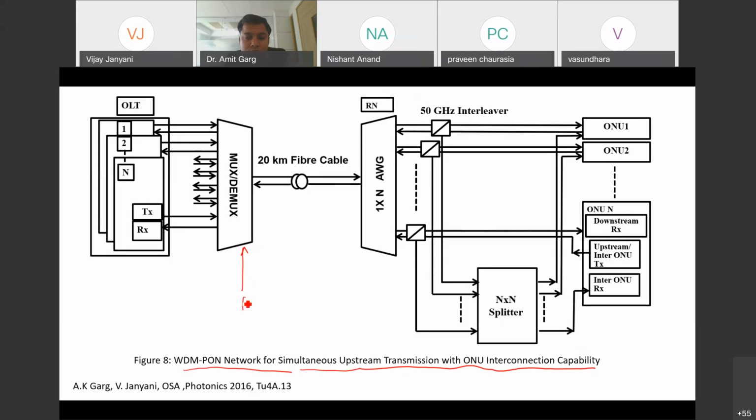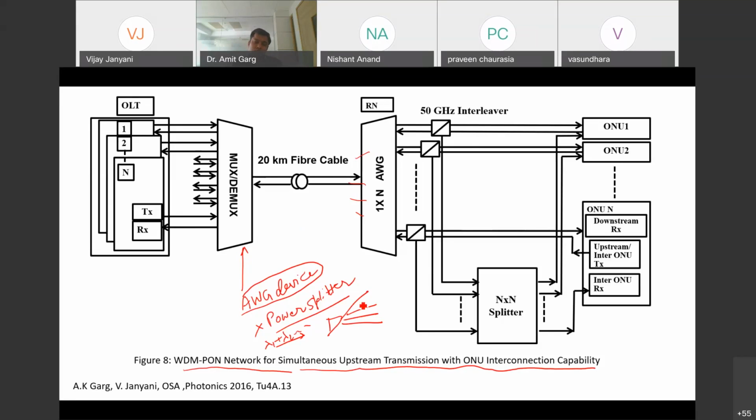It is an AWG device instead of a power splitter. Actually, it is a more complex AWG device which can separate your wavelengths into different paths, because in a power splitter, if your input is lambda 1 plus lambda 2 and so on, that power splitter will divide the complete power into different paths.